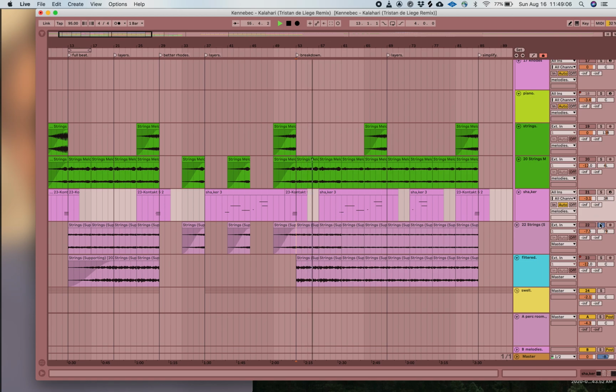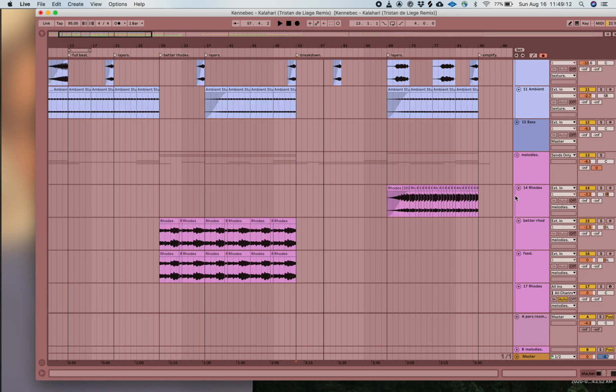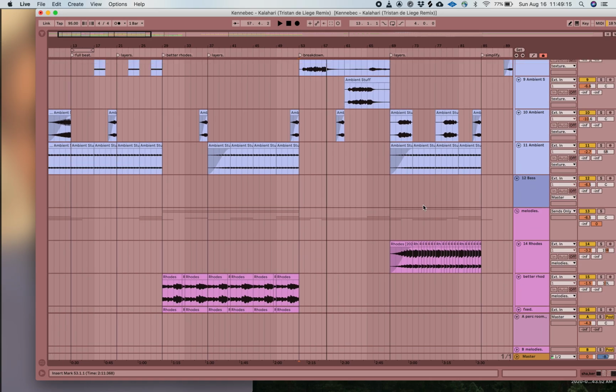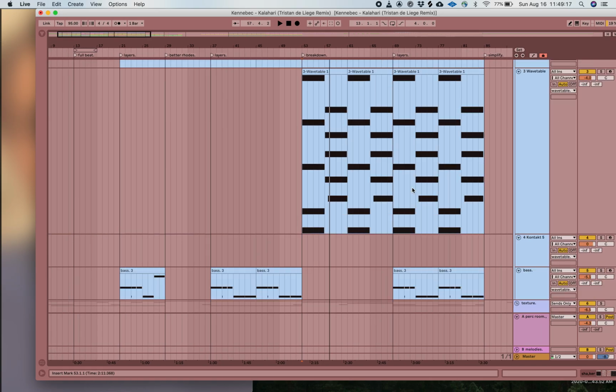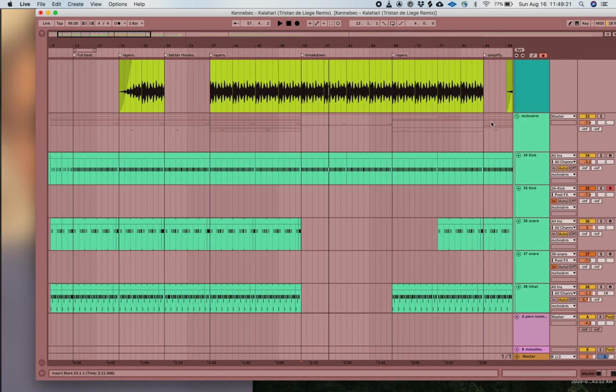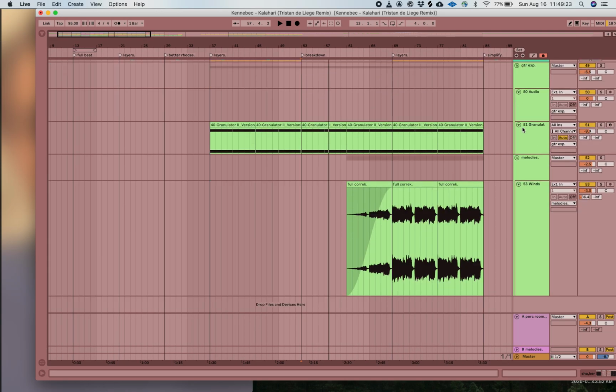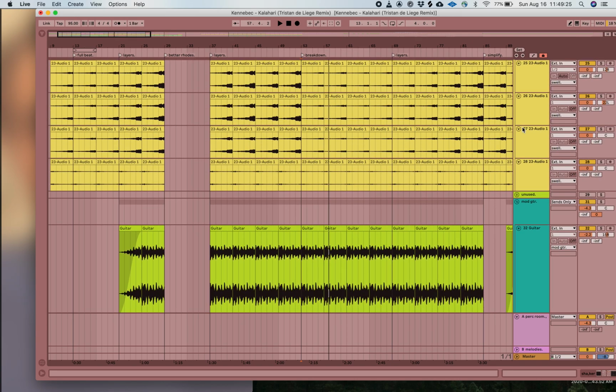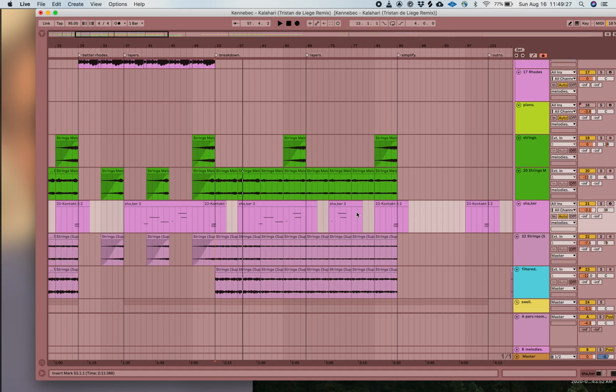So first, one thing I did is I made them pump like that with a lot of heavy compression. But then the other thing that I did that was really significant for how the track turned out was changing